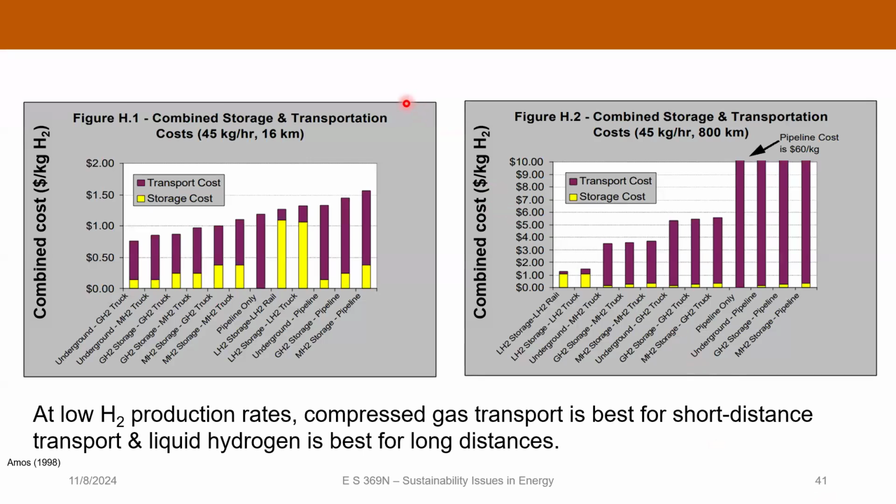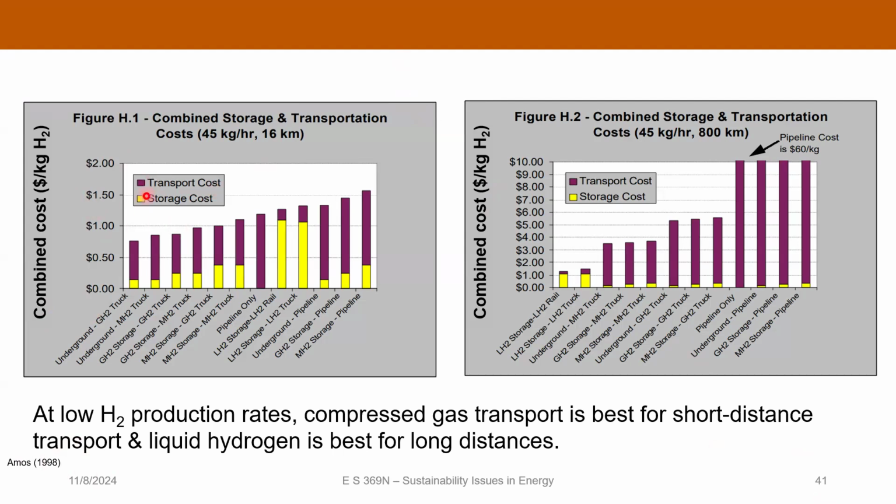Now, as a result of this, there are different end uses for liquid versus gaseous hydrogen. And there have been some studies looking at the use of hydrogen as a transportation fuel, either as gas or as liquid. Now, this is a study from 1998, so the dollar values are probably a little outdated, but it's useful as